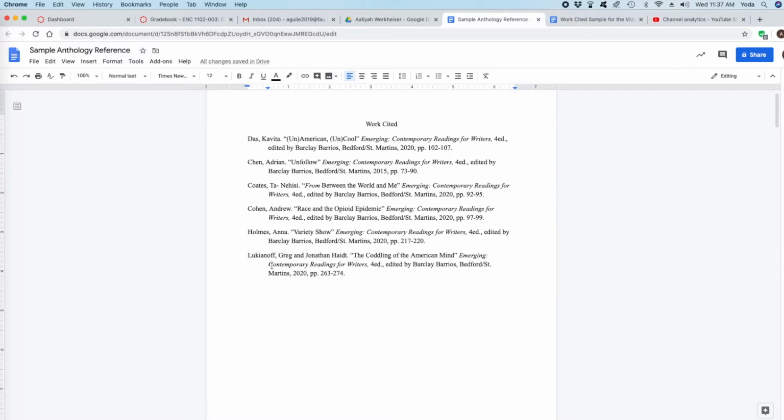This is in Google Docs, which means Google will help you make sure you're spelling certain things right, because it's going to automatically scan your sheet and do a background Google search for you and find the author's name and say, oh yes, this is how this is spelled. So the next thing is right here where it says 4th edition. How do we deal with that?